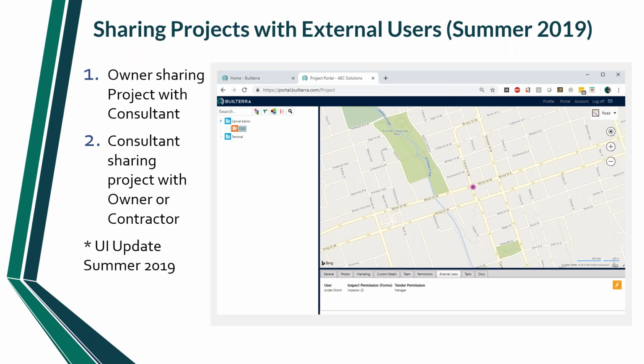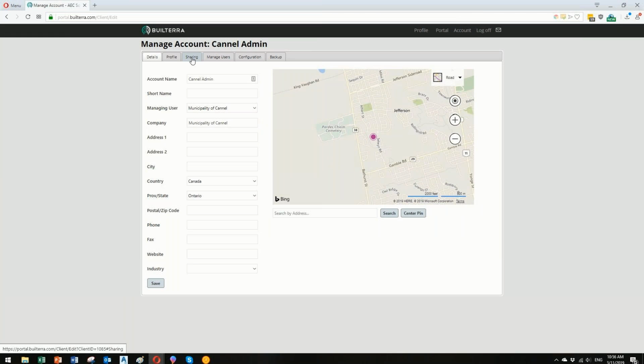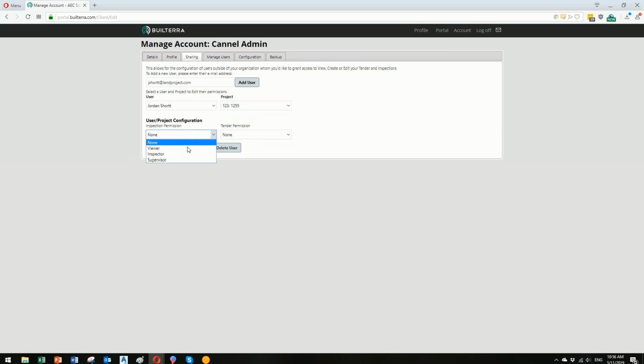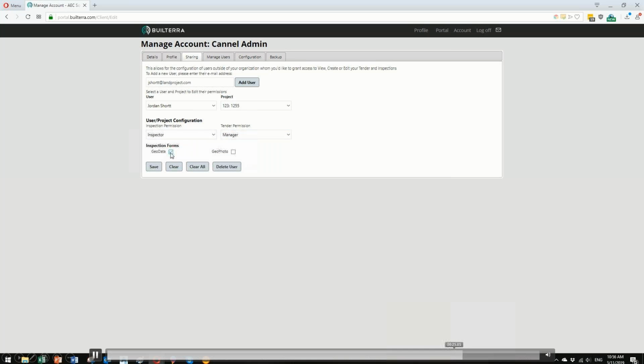So the current way to share your project is in these two videos. If you're a city, in this case, the municipality of Canal, I think it's a fictitious city or municipality, what happens is you can go to the account and you can share the account project with whoever's email you type in. When you add user, we can pick the user and the project that they can share. In this case, there's only one project. Then what's happening is you'll share the, and let me just pause that. You'll share the,